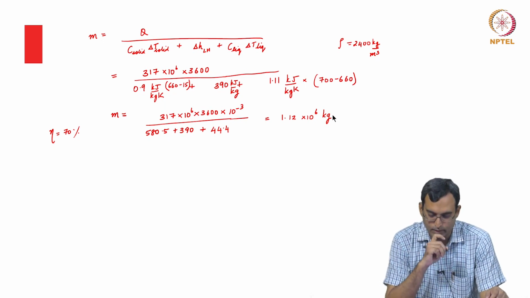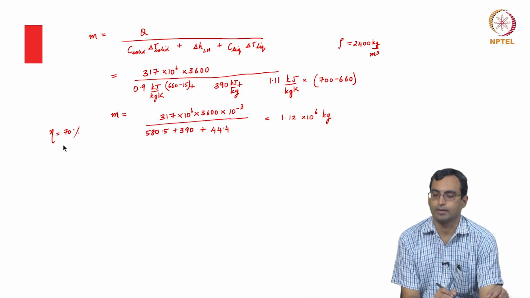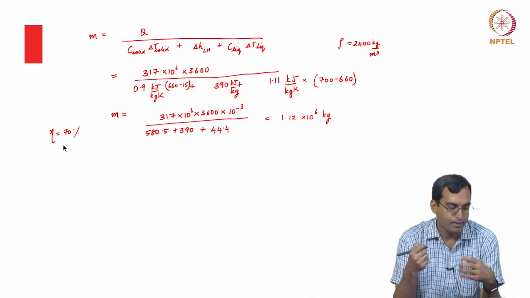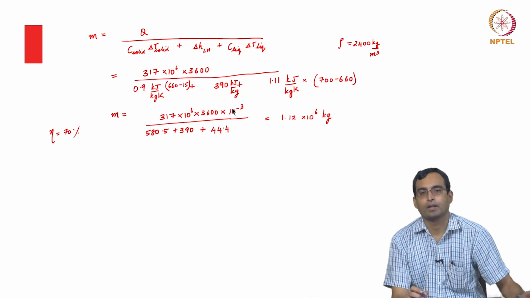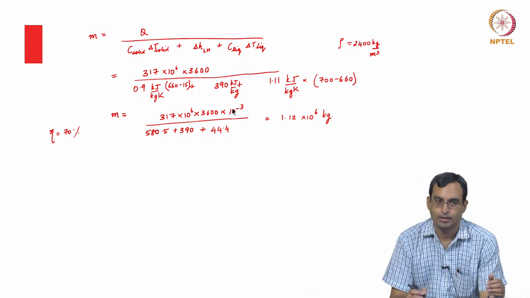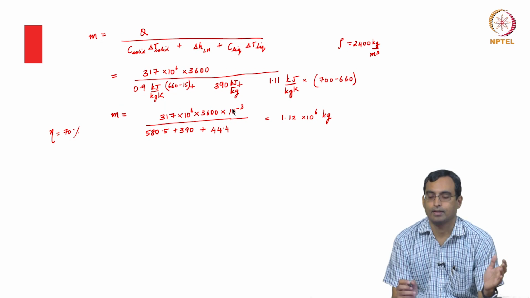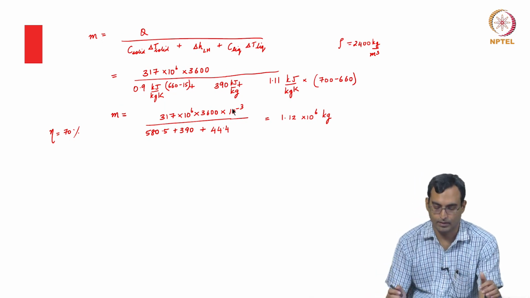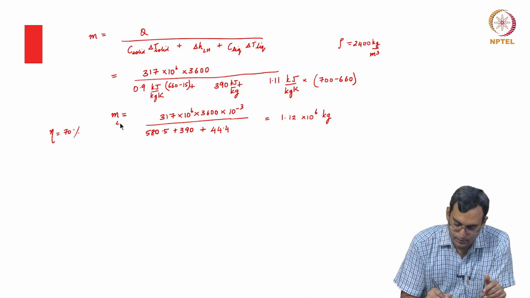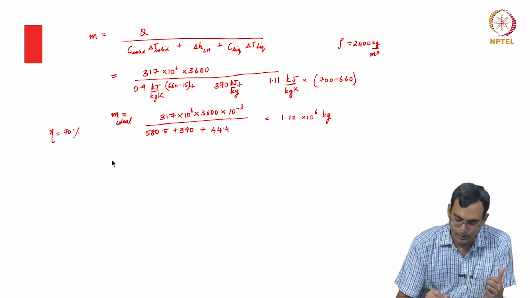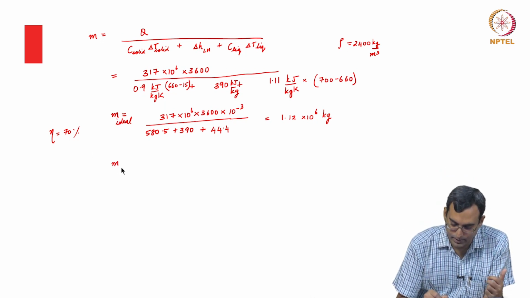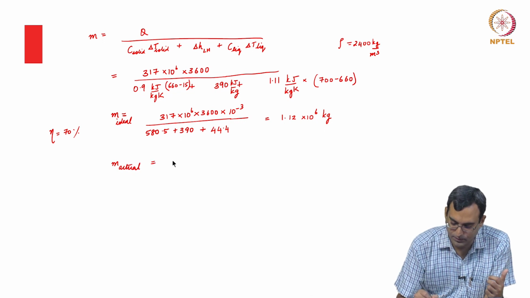What is given is that the efficiency of this furnace is only 70%. So, what it means is that I have a furnace, in the furnace I have an electrical coil to which I give this much of energy, but only 70% of that goes towards melting metal, the remaining is lost maybe as heat transfer to the surroundings. So, this was the ideal amount of mass which I could have melted if the efficiency was 100%. Because the efficiency is only 70%, the actual mass which I can melt is the efficiency times the ideal mass. So, that is 0.7 into